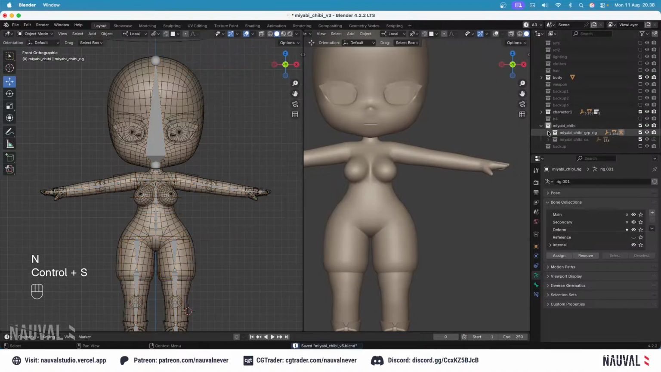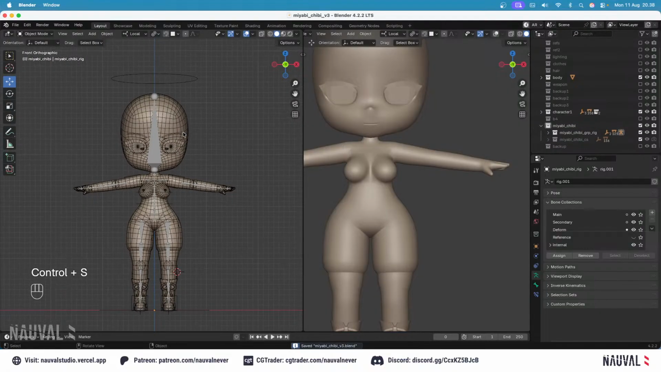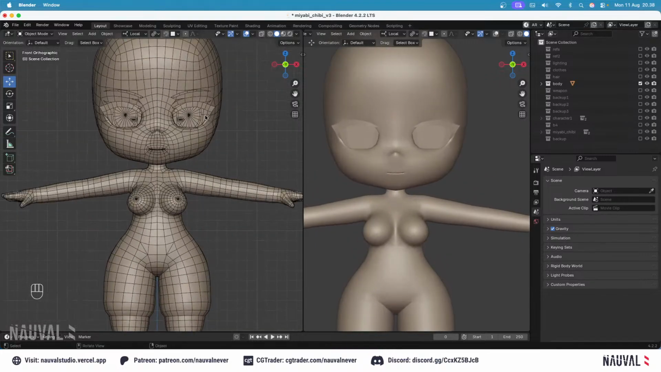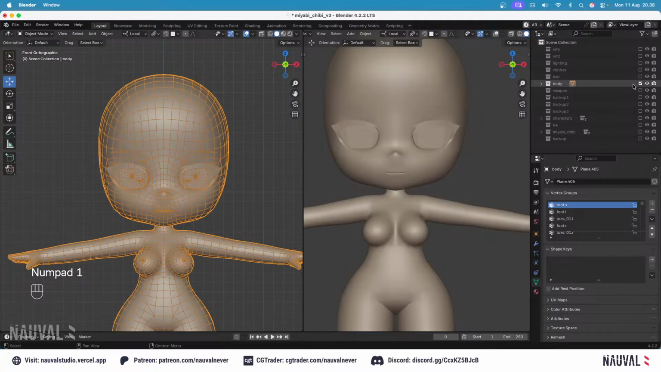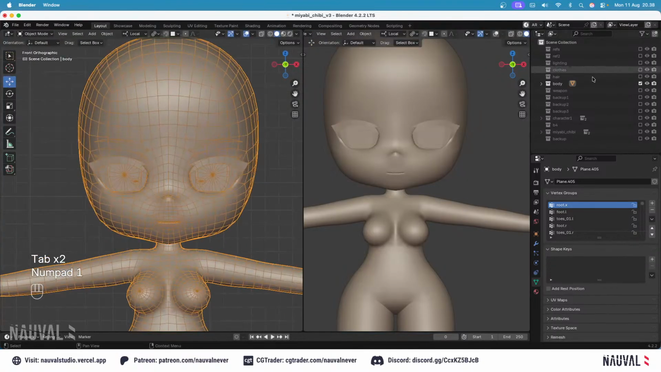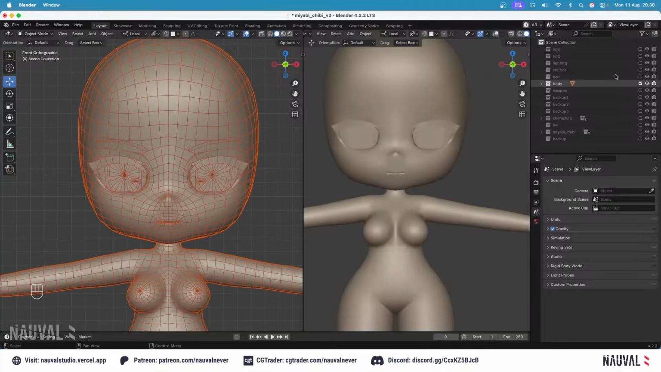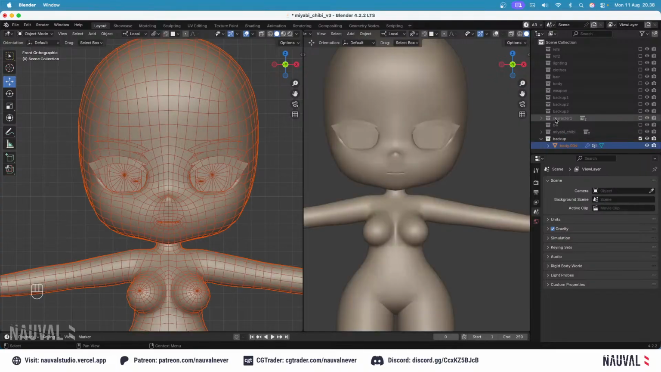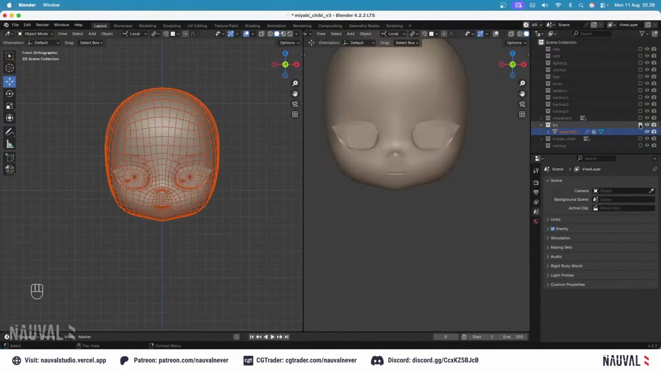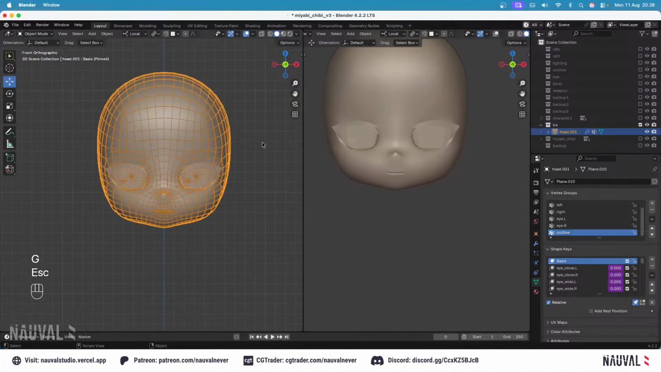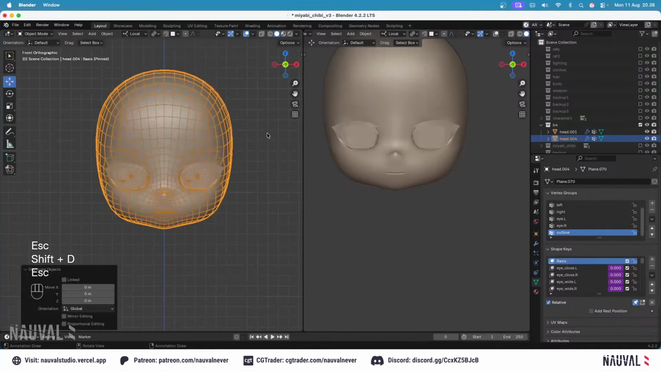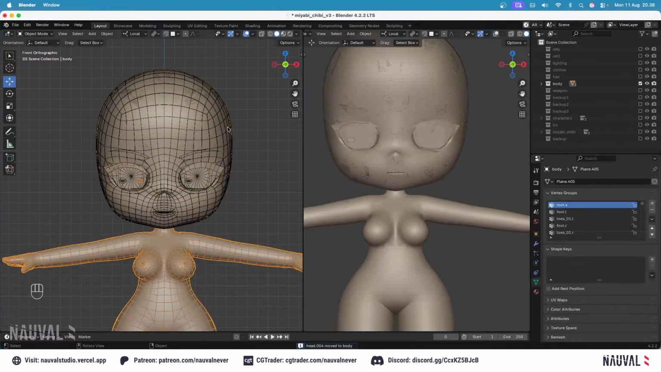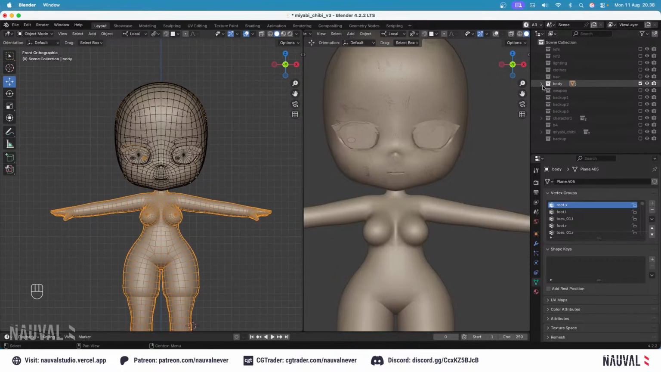Okay, so now, as you can see, the head and the body are merged together, but I don't want that. So I will separate these parts again. Let me just go to the backup, I mean the other backup here. So I have this head. Then let me copy it back to the body parts. Now what I want to do,